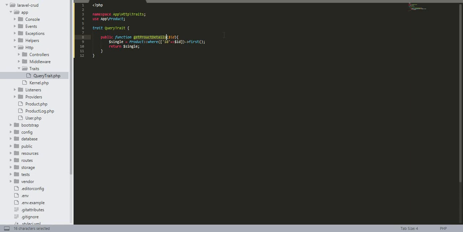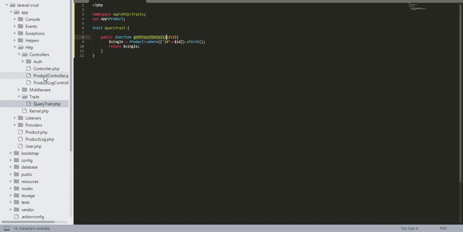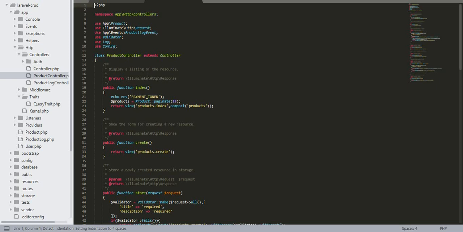Now what we have to do is use this trait inside our controller, right? For that we have to open our product controller, and first we have to import that trait.